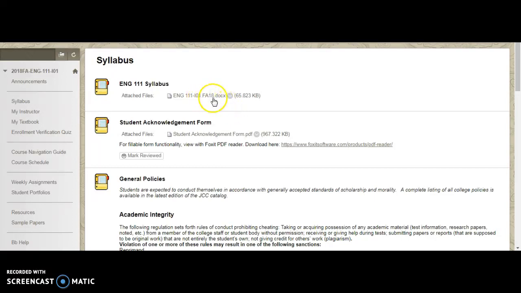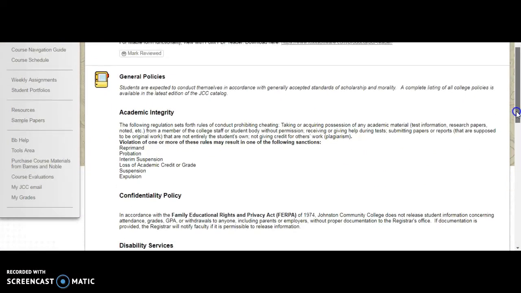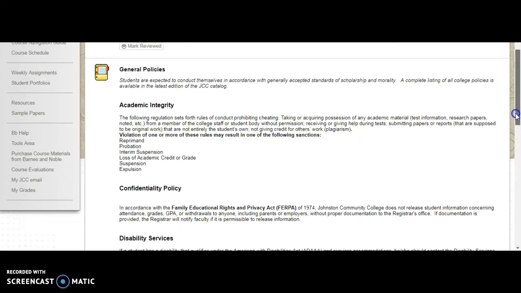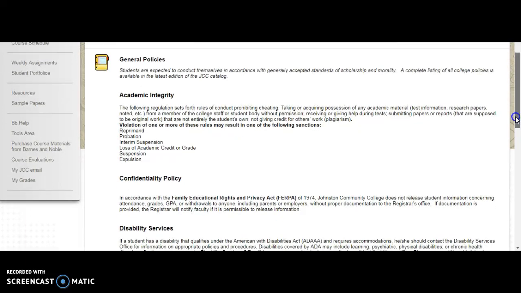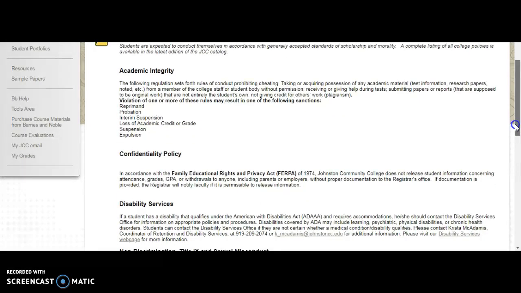So after you've read the syllabus here, you come to Student Acknowledgement Form, read that. You have to open it and read it, and then you can hit Mark Reviewed. Also under Syllabus, you'll see general policies about academic integrity. That talks about plagiarism. Self-plagiarism is a thing. You may not use your papers over and over again. If you have a question about self-plagiarism, let me know, but you cannot recycle a paper from one class to